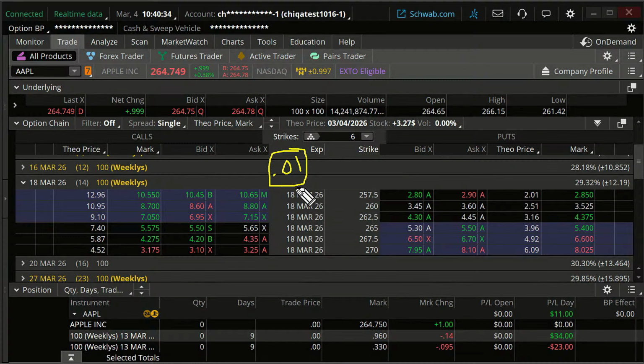But if it's that price anyway, it's probably just going to expire worthless at that point, and you can just hold on to it until it either does expire worthless or it does go there. So I wouldn't say necessarily 5 cents or less, but as you get really low prices, sometimes it can be tough to fill those. There we go. Okay, let's move forward.